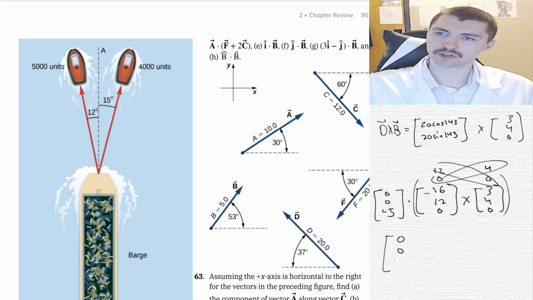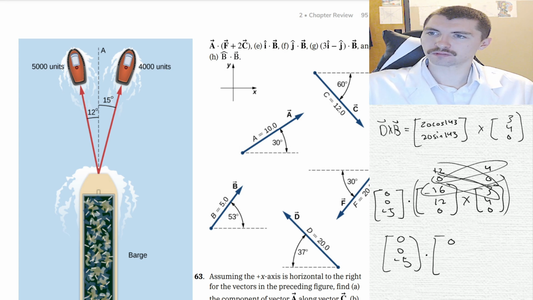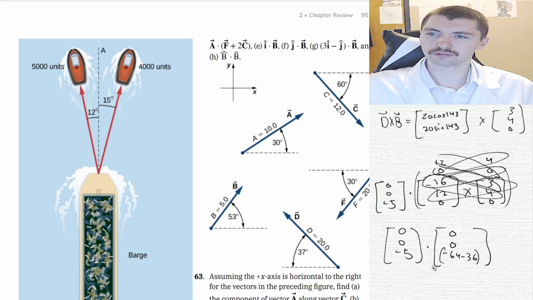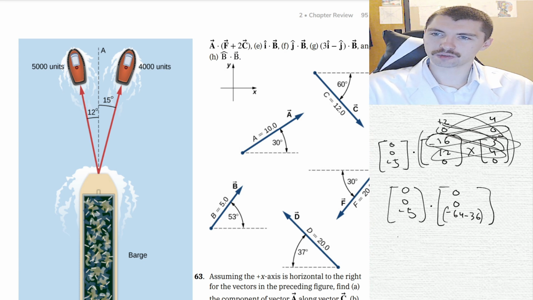So we're going to get 0, 0, negative 5, dot 0, 0, 4 times negative 16. So that is 4 times negative 10 is negative 40, negative 64, minus 12 times 3 is 36. So we are going to get a number, 5 times